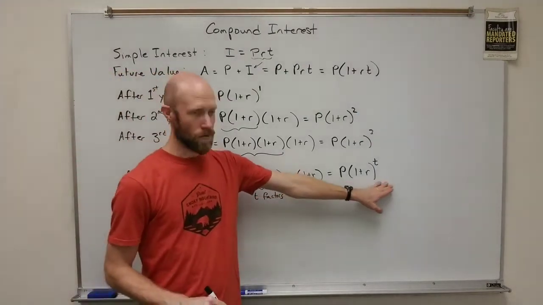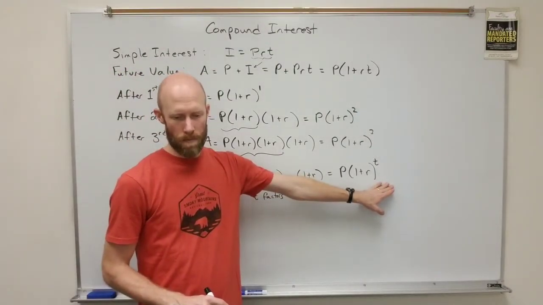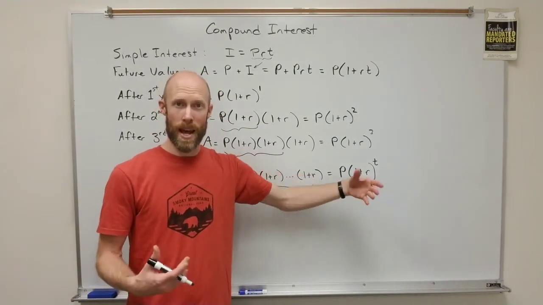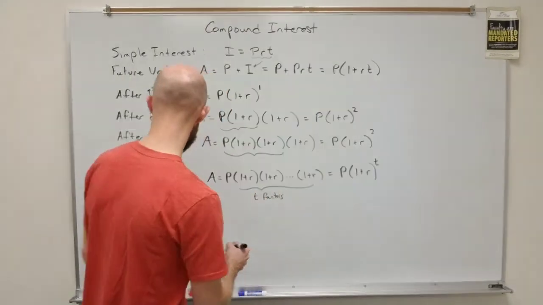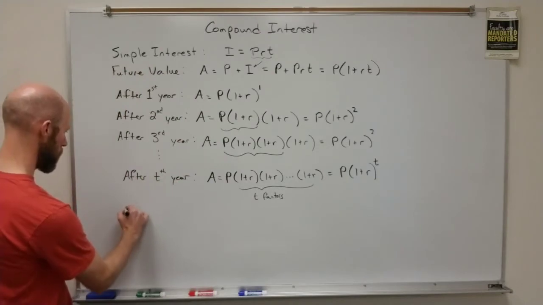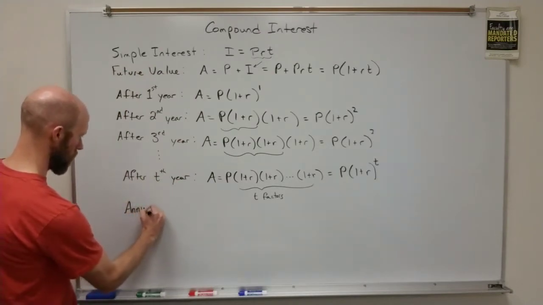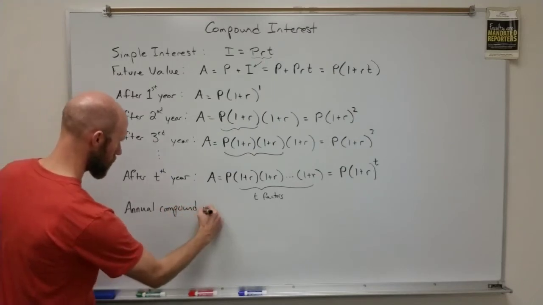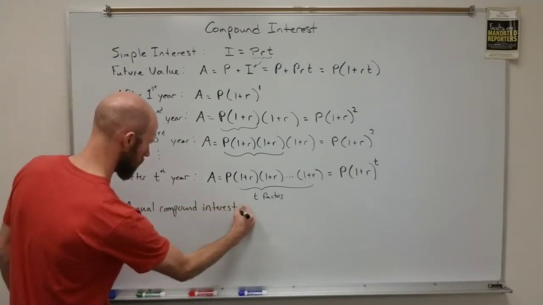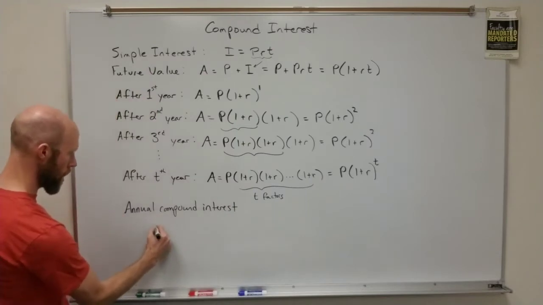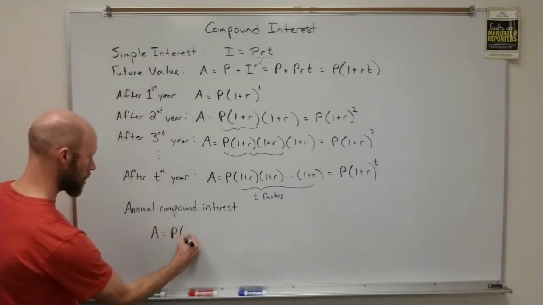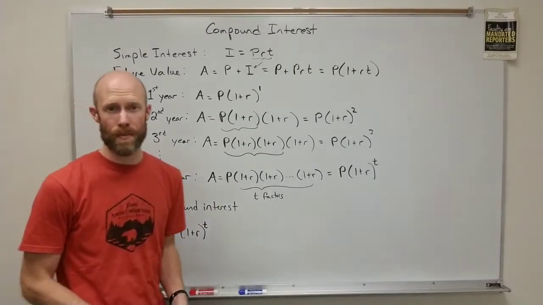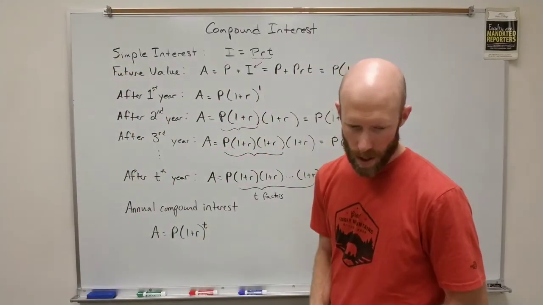This is the formula for compounding annually. It's an annual compounding interest. Okay, so annual compound interest is just this formula: A equals P times 1 plus R raised to the T power. All right. Okay, now